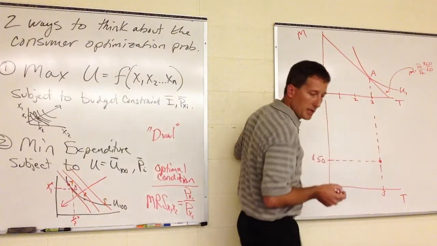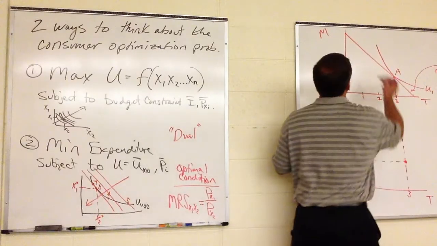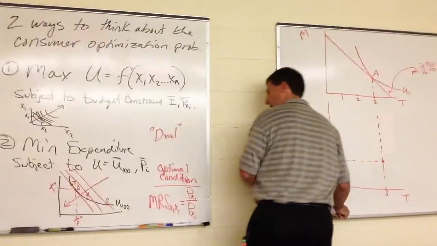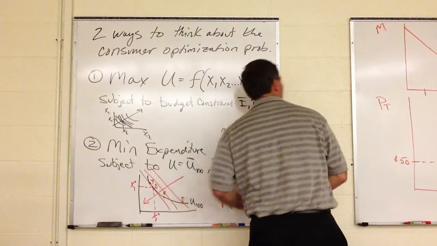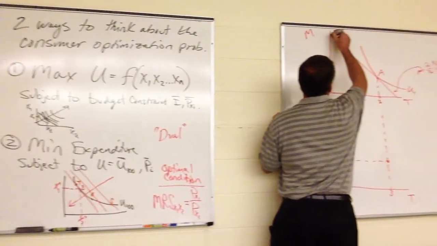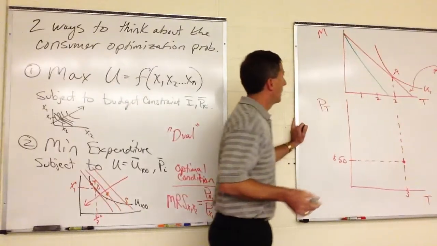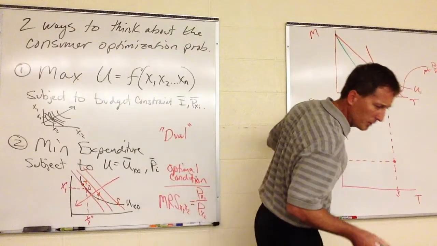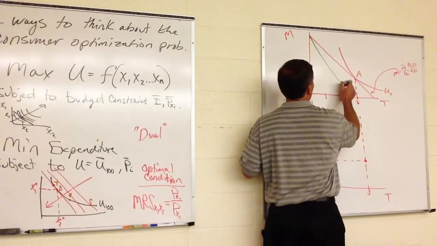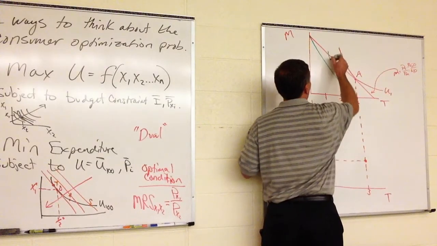Then the budget line rotates into, looks like 2.5. Let me go with a different color. And my quantity falls to 2. And so point